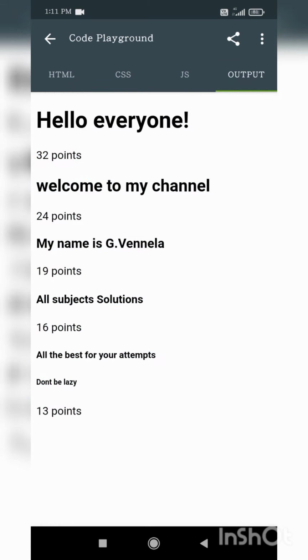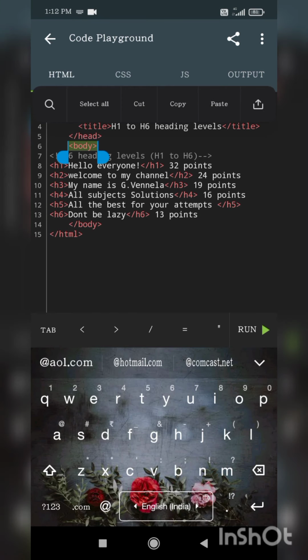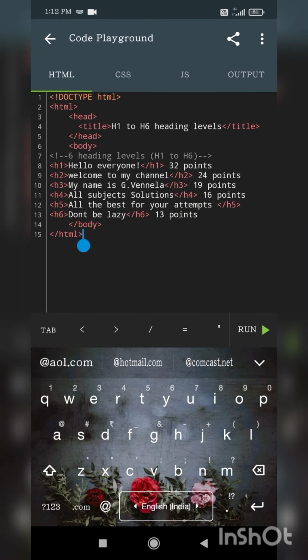So this is all about the heading tags in HTML. It is essential in a web page. While using all these tags, the web page will be more creative. And whatever you want to write, you write in body tags, in between opening and closing of body tags only.